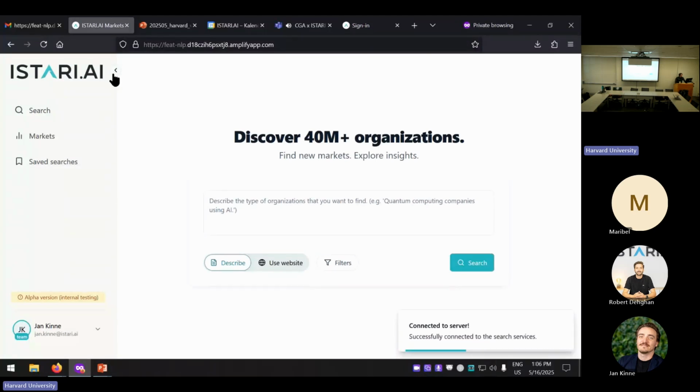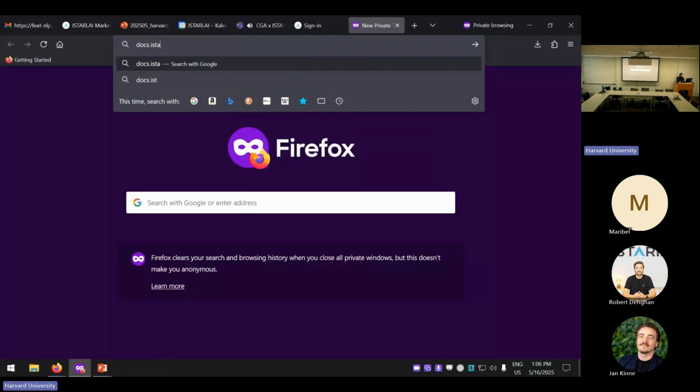Great. So that's the interface that we have. And what you can do here, first and foremost, is search our global database for organizations that are of interest to you. I also want to very briefly show you